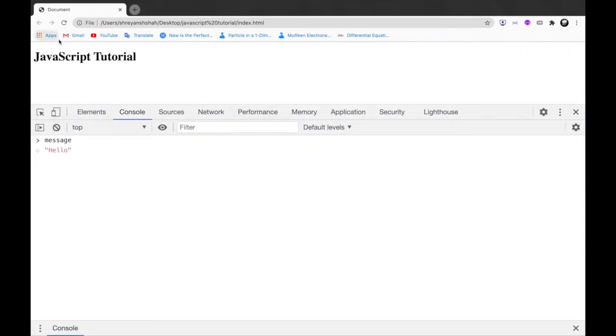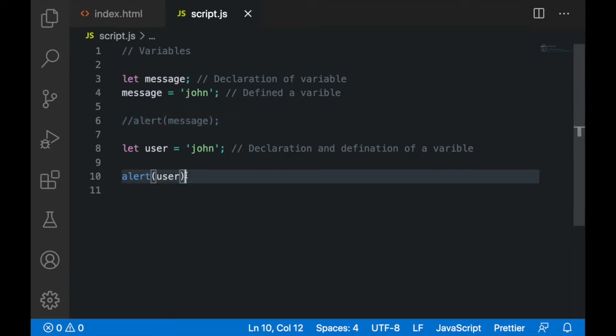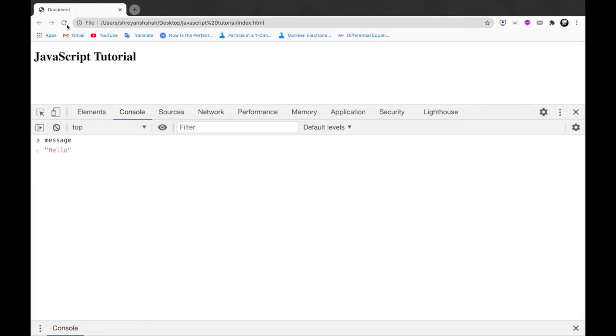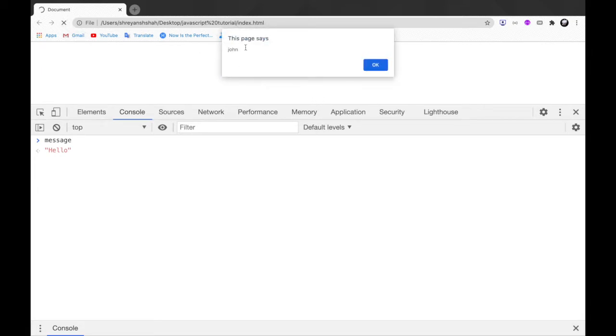Now go back to your web page. Sorry, here I forgot something. You always have to put a semicolon at the end of each statement to let the browser know that this is a single statement. Save this file using Ctrl S, go back to your web browser and click refresh, and now you can see that it is showing an alert stating John.